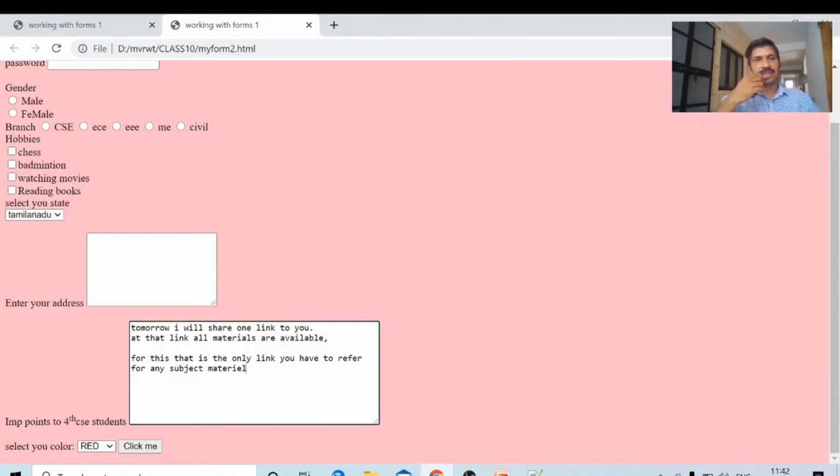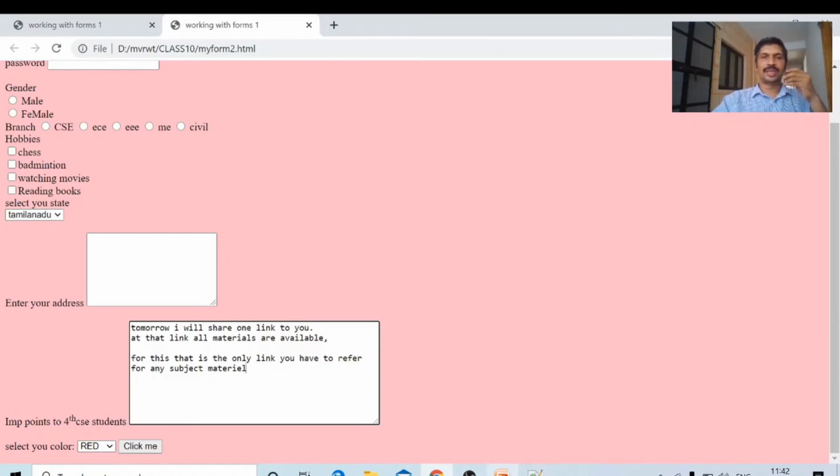At that link, all subjects of this sem will be there. In the unit 1 folder of web technologies, unit 1 notes is there. In unit 2 of web technologies, unit 2 notes is there. For the lab subject, one lab folder is there. All the files, whatever PPTs I have prepared, whatever files written, I will upload to that folder.